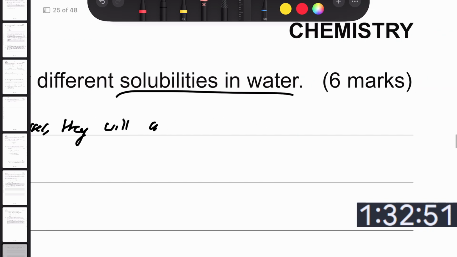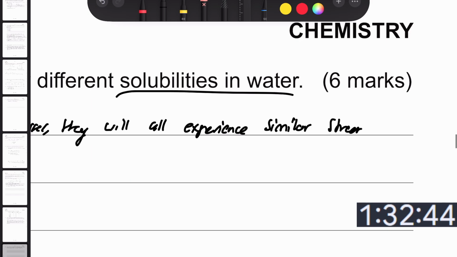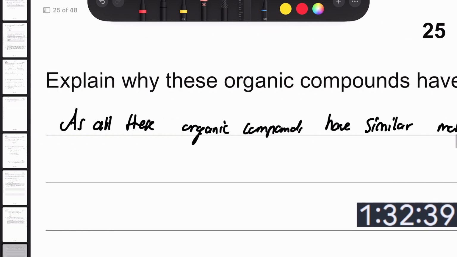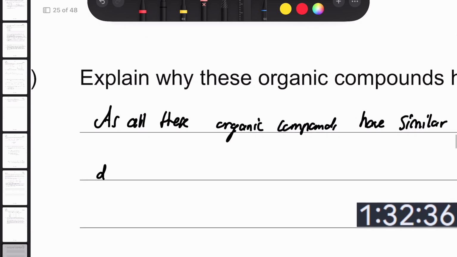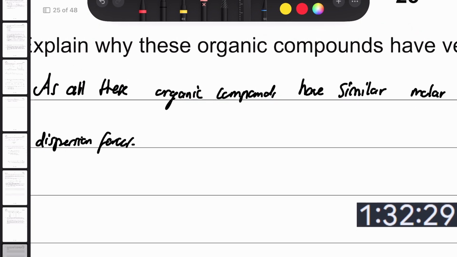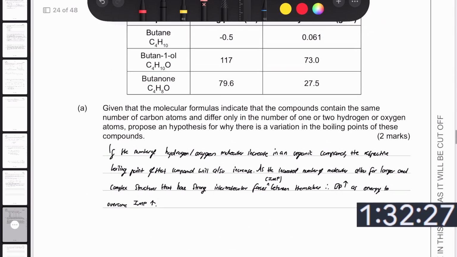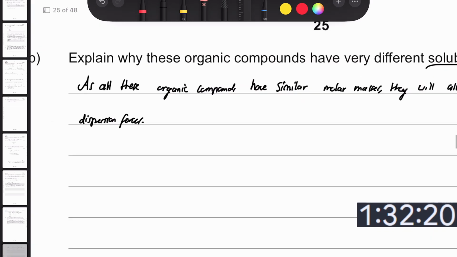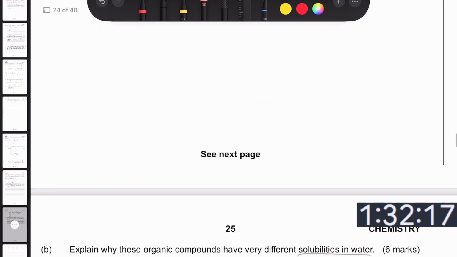They all experience similar strength dispersion forces. Then butan-1-ol and butanone. So butane will only experience